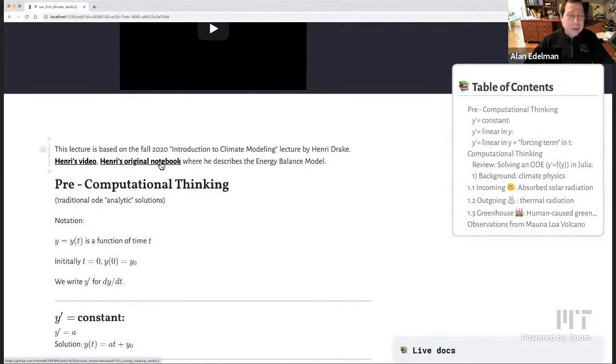to them. But what I decided is to start off, I wanted to talk about what I see as computational thinking, where we use the computer to understand the math as opposed to the other way around. So I'm going to start a little bit like a differential equations course, except doing it the way you would do it with a computer, as opposed to how many traditional differential equations courses would go. And I'll only slightly mention the climate at first, and then I'm actually going to delve right into